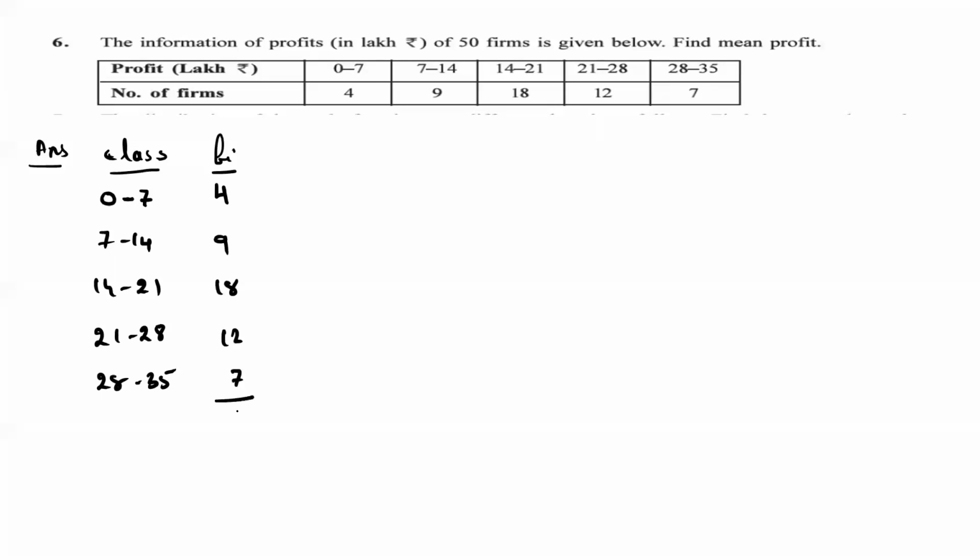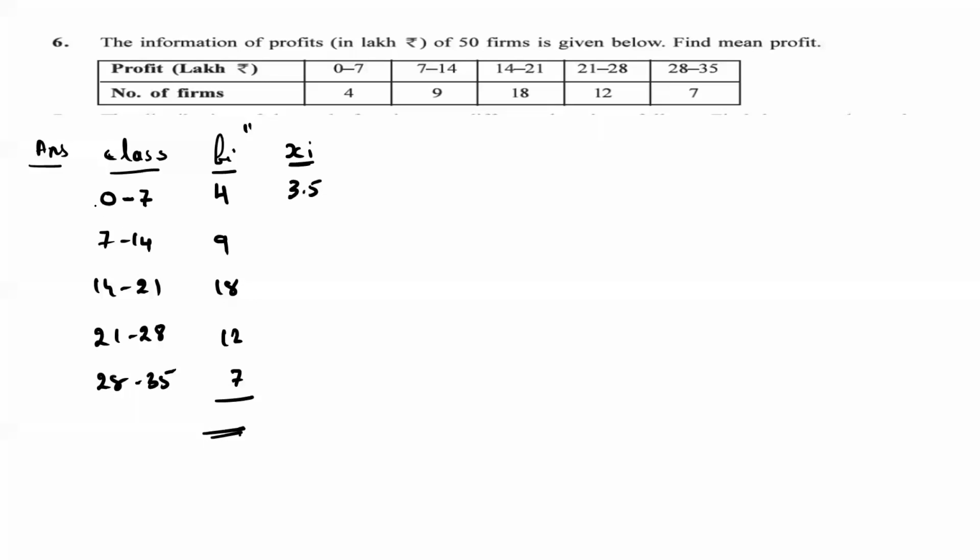Okay. So, go ahead Chandan, what will we do? Which is the first column that you are going to prepare? Mid value. The first column that we have to prepare is xi. What is xi? For 0 to 7, xi means mid value: 3.5. Yes, very fine.